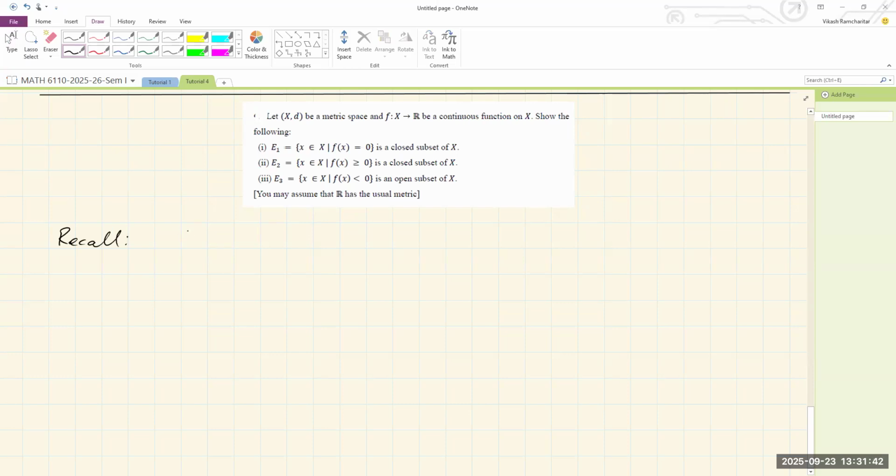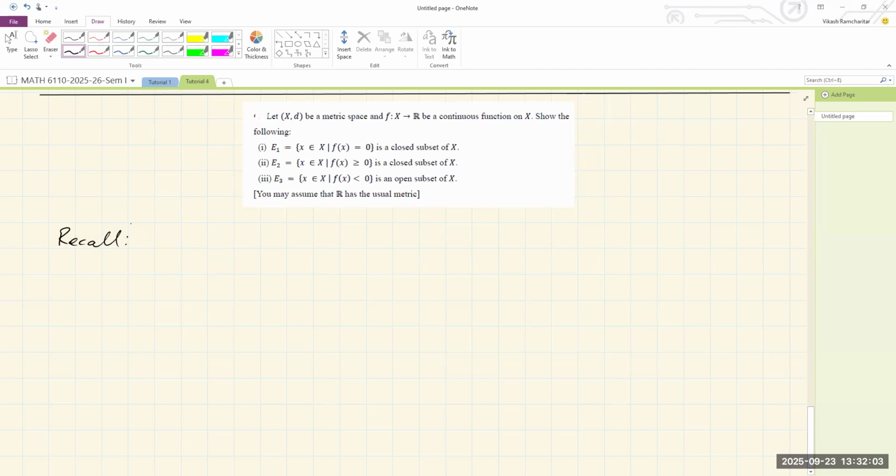It turns out for this particular question, the definition that is the easiest to use is the topological definition of continuity, and that is if f is a continuous function on a topological space, then it pulls back open sets